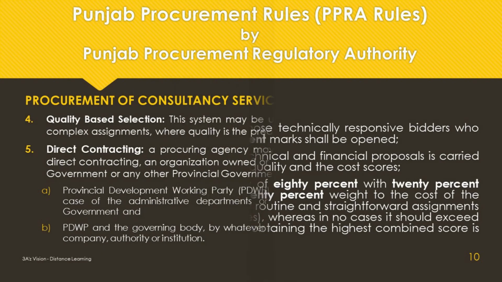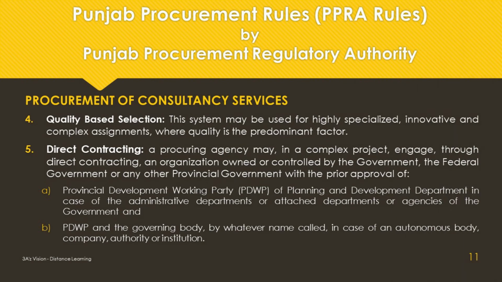Quality-based selection. This system may be used for highly specialized, innovative and complex assignments, where quality is the predominant factor. Direct contracting. A procuring agency may, in a complex project, engage, through direct contracting, an organization owned or controlled